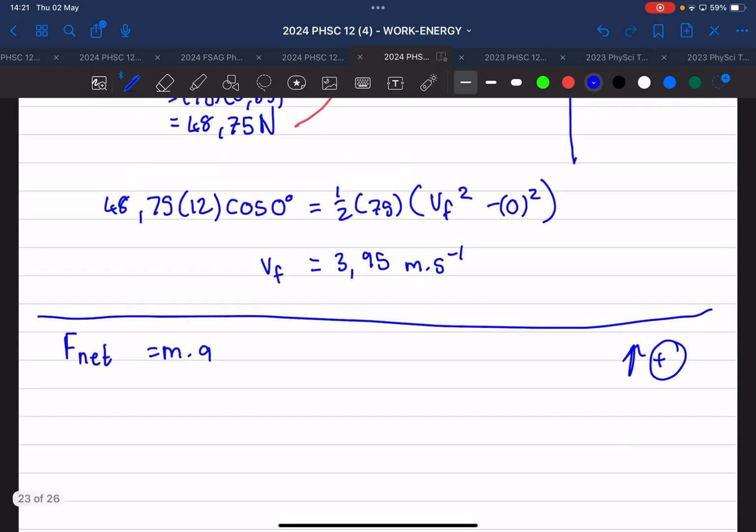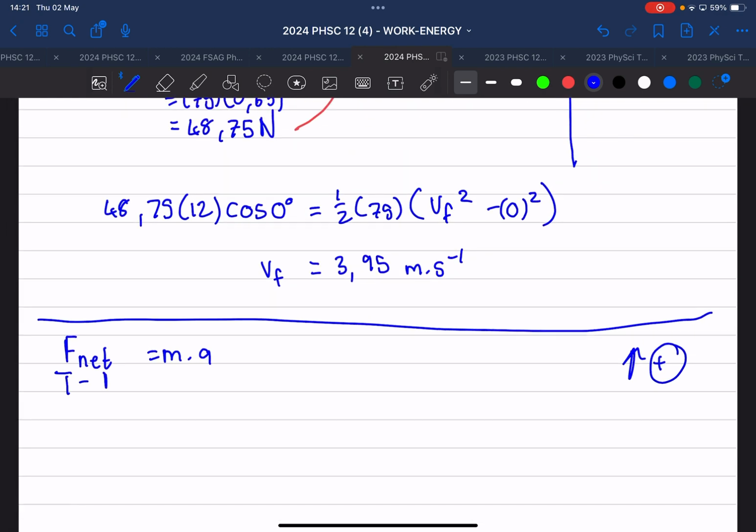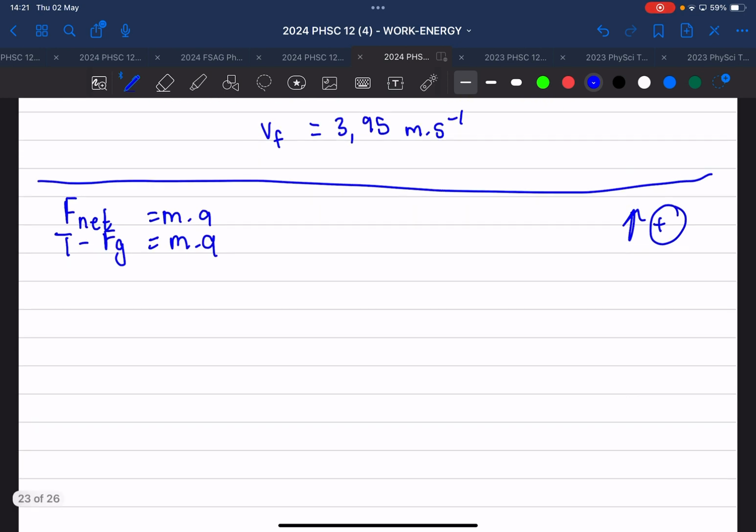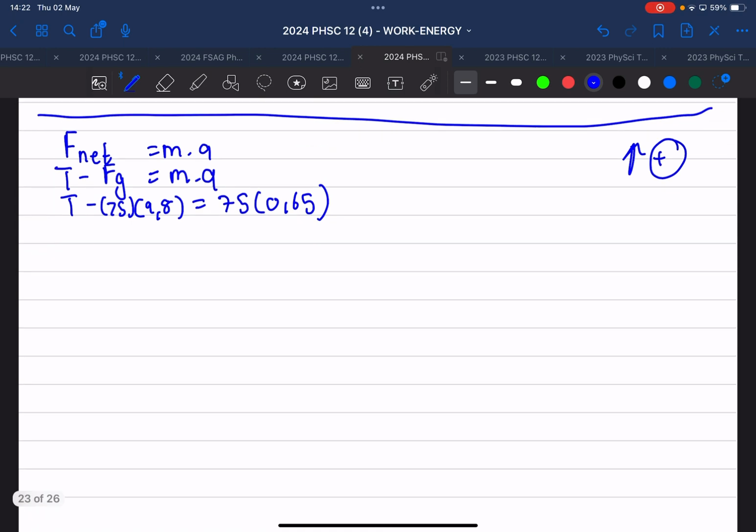Dan is dit ons spanning minus ons gravitasiekrag is gelyk aan ons massa maal versnelling. And then we can substitute, this is 75 times 9.8 equals 75 times our acceleration of